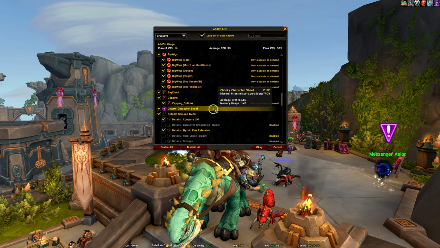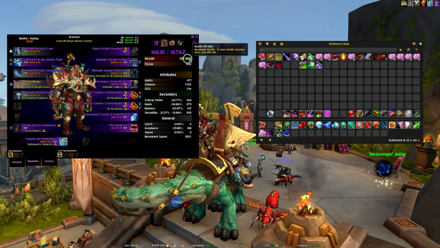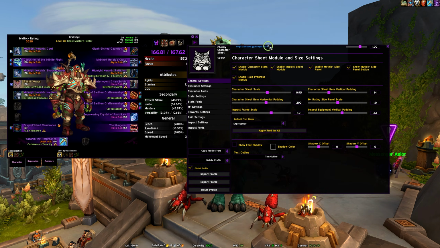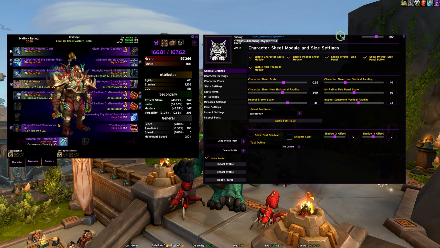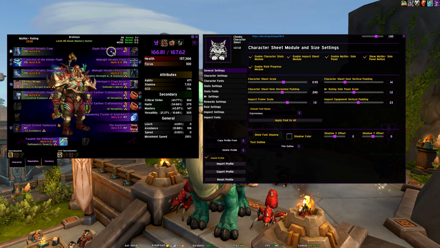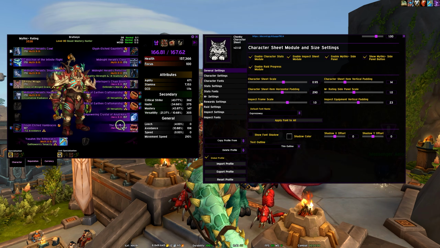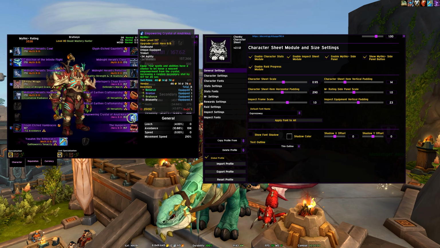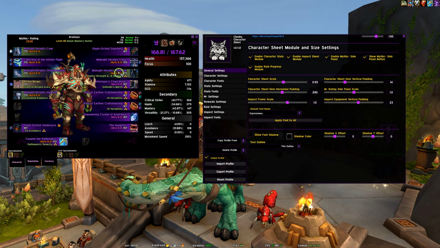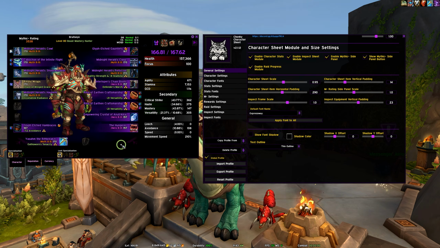Now, Chonky Character Sheet, this one I just came across the other day. Big fan of this. Holy moly. Chonky Character Sheet is something that allows you to completely reskin and redo your character sheet here. You can see that there are various color coded aspects to it between items and backgrounds. It allows you to see the track that items are on, enchants, ranks, gems. I think it looks good.